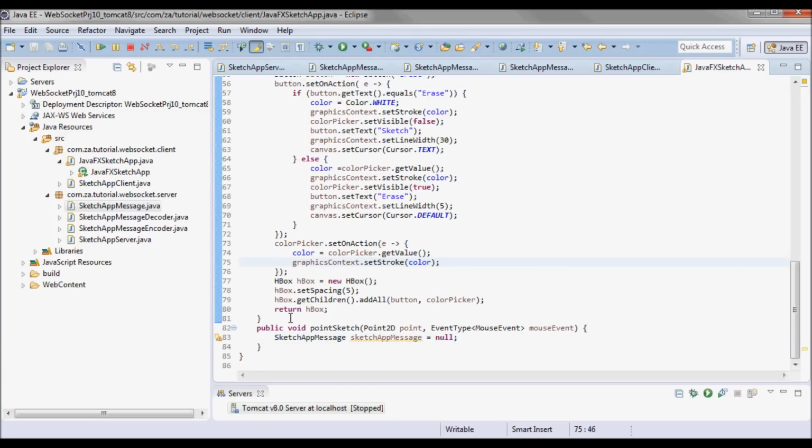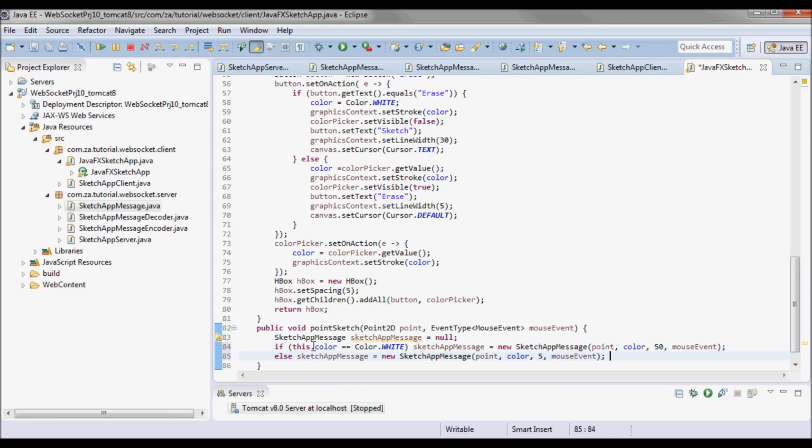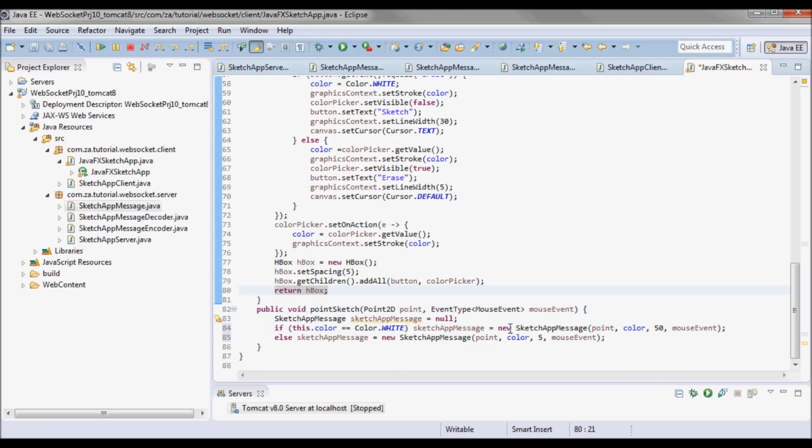Now going back to the point sketch method, if the color is white, meaning we are erasing, then the sketch app message instance will have a size of 50, and the point and color and mouse event passed from here. Otherwise the size will be 5 and the same point, color, and mouse event.